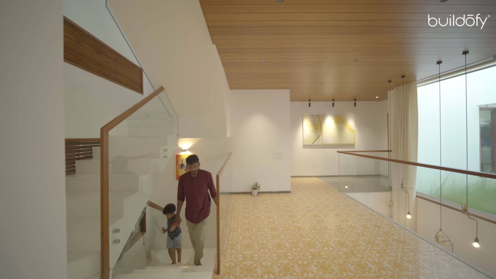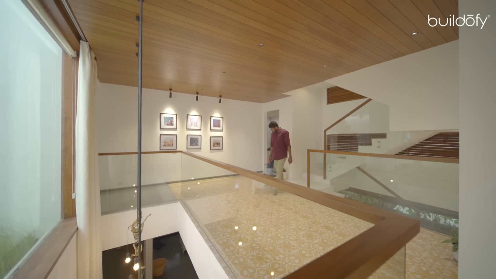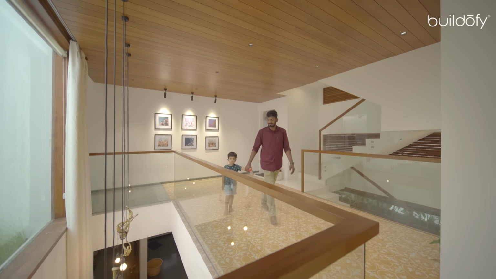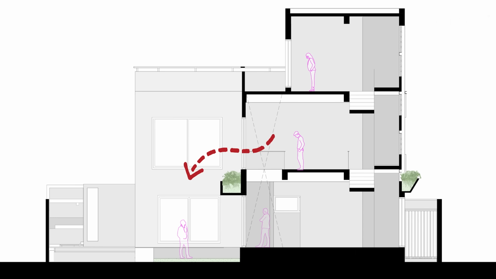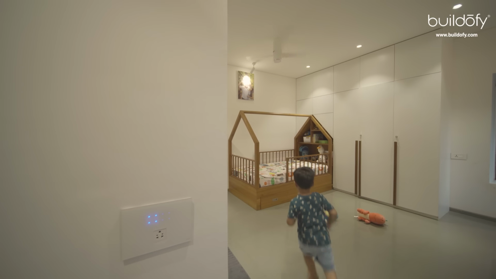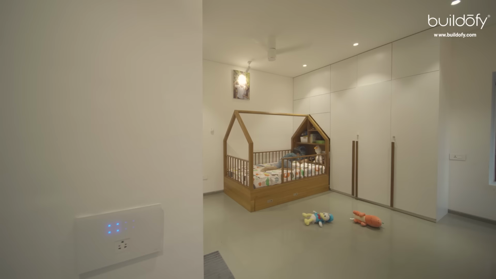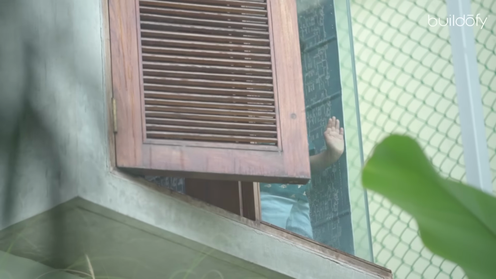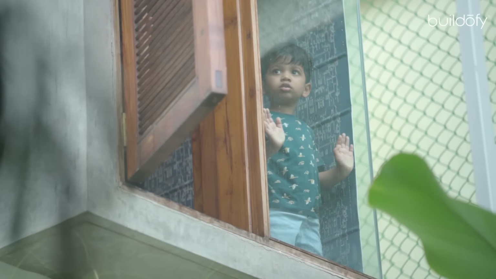The first floor predominantly is the resting zone, where this becomes a private living, which is again connected visually to the courtyard. This is the kids' bedroom, which has a pop-out window where if you sit here, you see the road. So obviously on the first floor, you wanted the house to be connected.